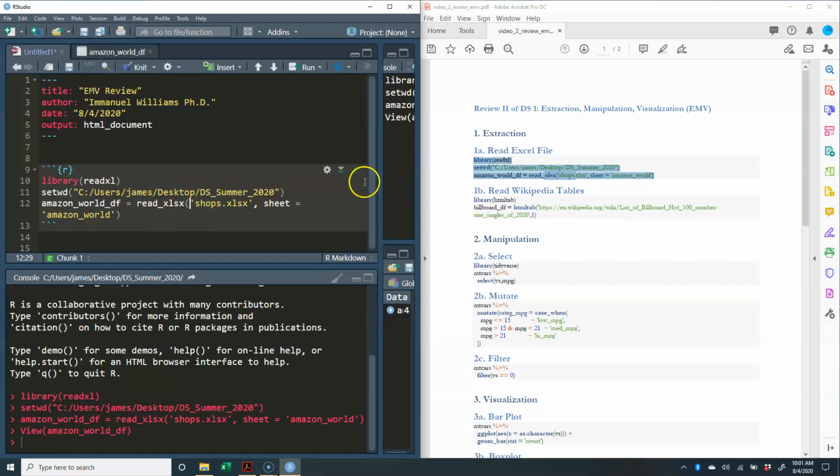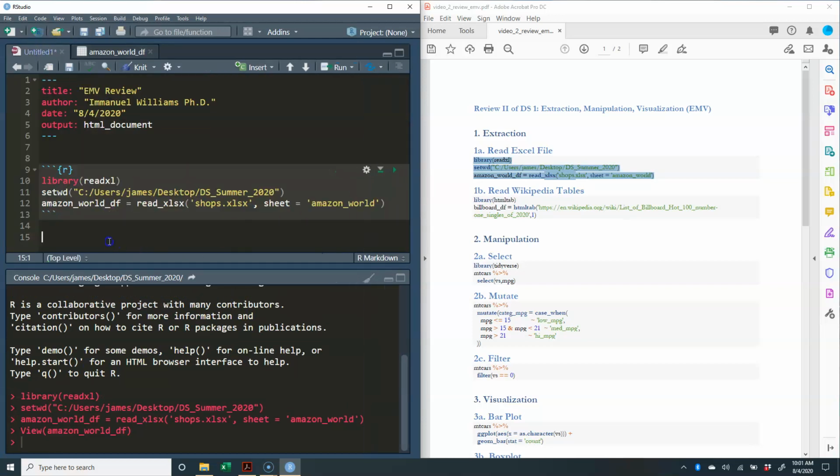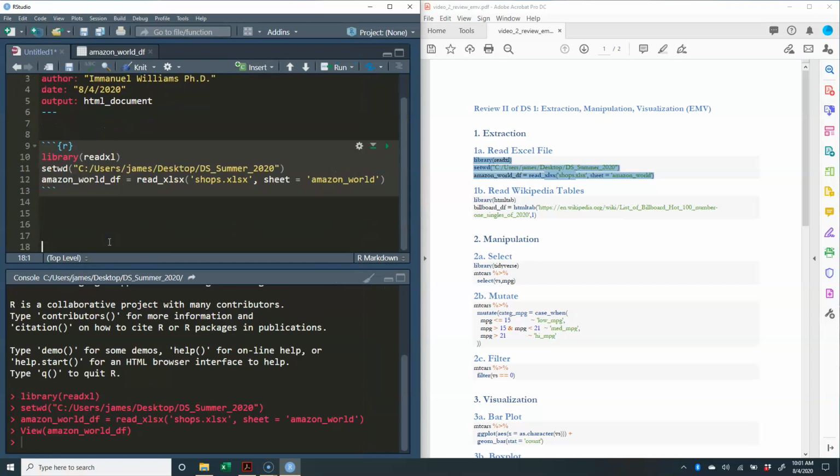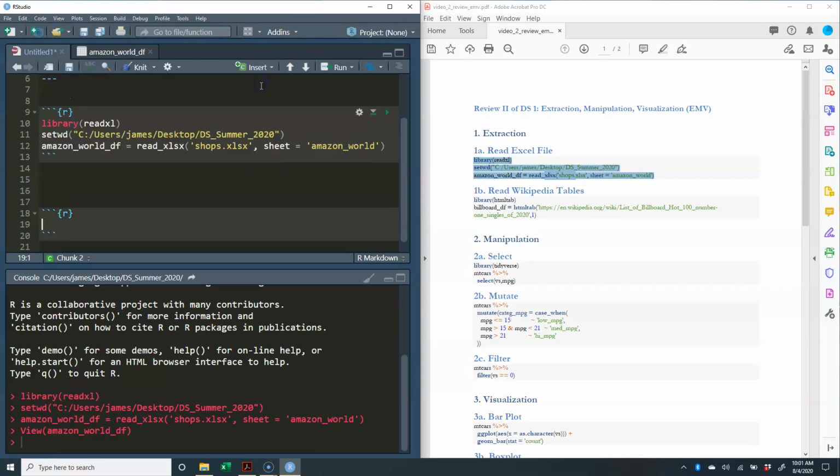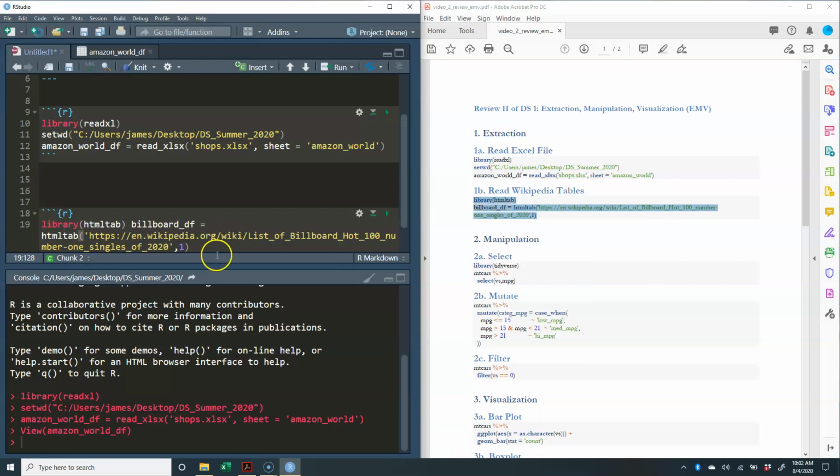Great. Another way of extracting information is to use the library rvest, html_table. Okay, so let's do a little practice run. What we're going to do is go to this Wikipedia page, or at least use this function. Okay, before we actually run this line of code, let's actually go to Wikipedia and see exactly what